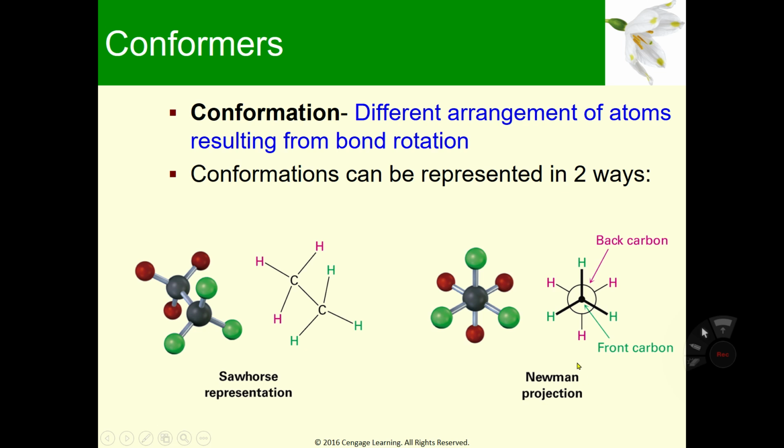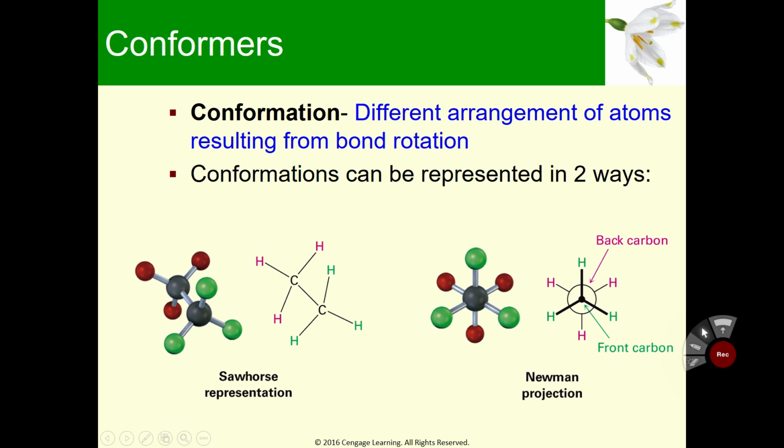We call this a Newman projection. We call this a sawhorse representation. Sawhorse representation is easy to draw. Newman projection is a little bit difficult to draw, but it's easy to understand the relationship in the three-dimensional entity, okay? Because we can clearly distinguish the front carbon from the back carbon, and we can clearly draw the location of each hydrogen in the front carbon or back carbon, and it's easy to understand the angles also